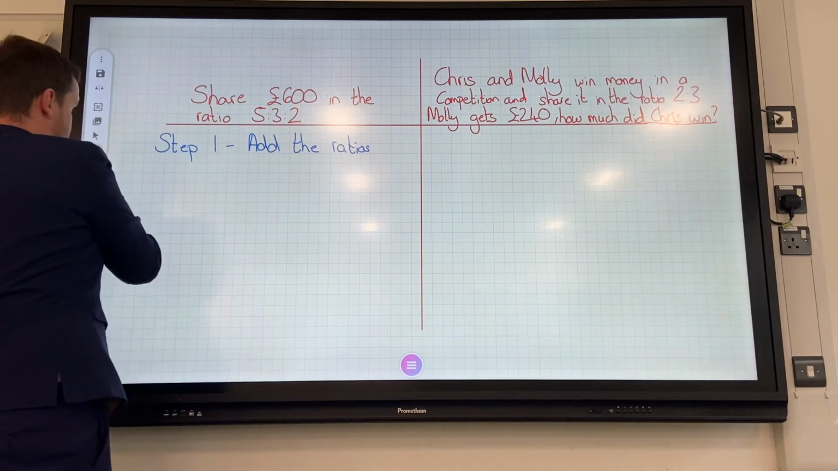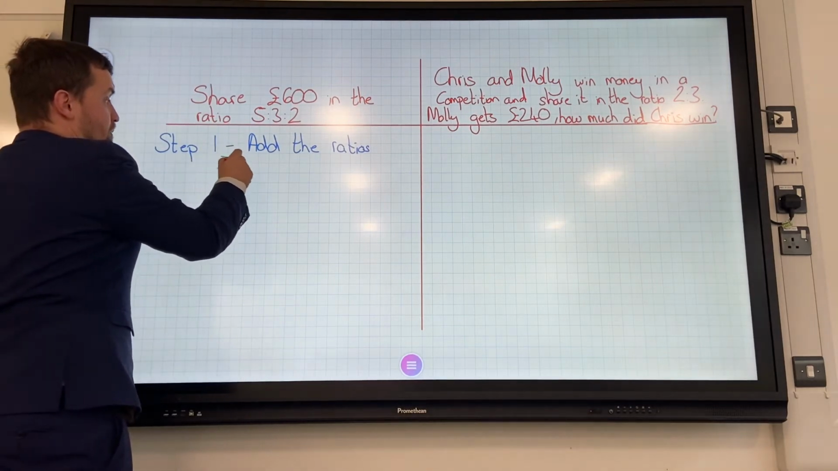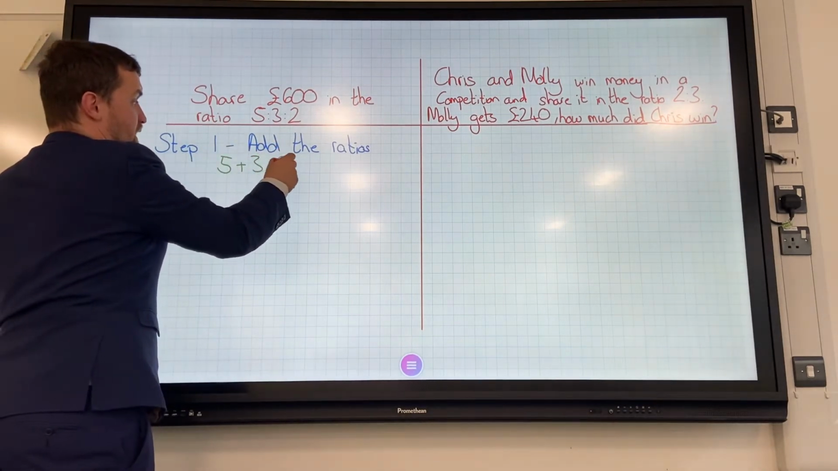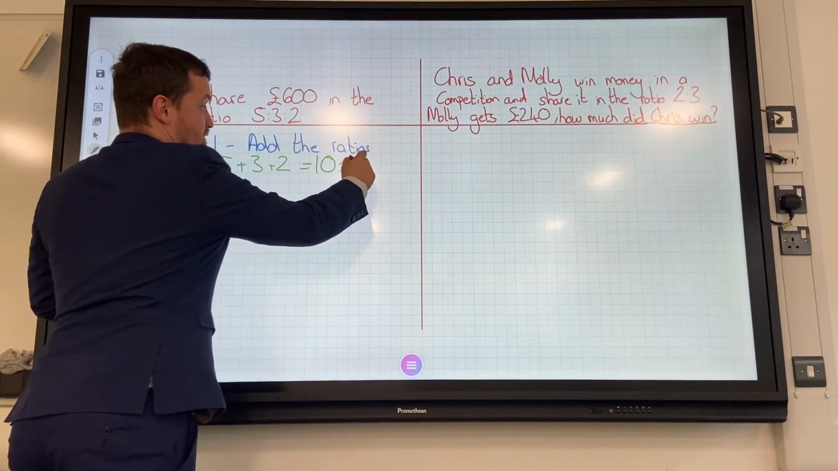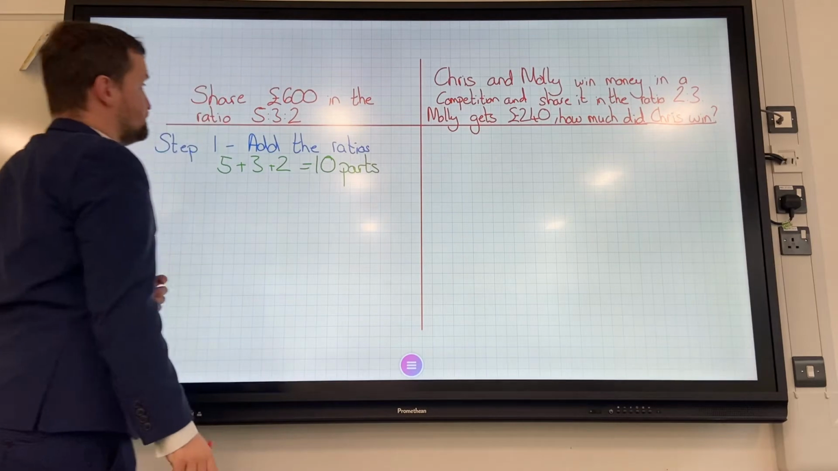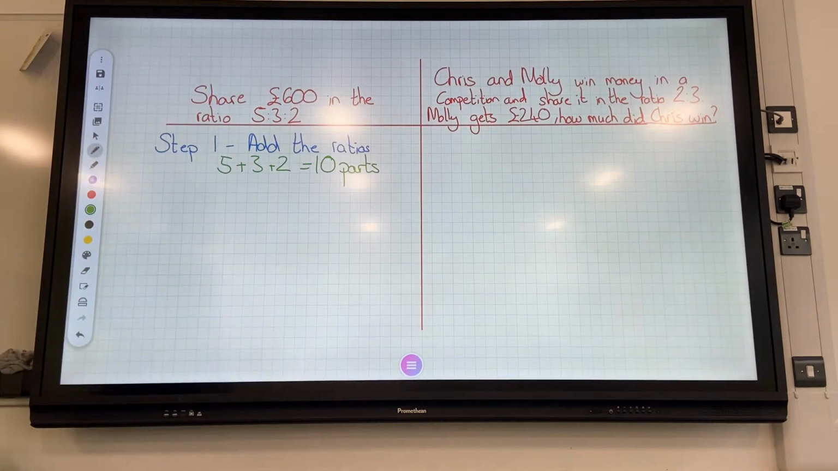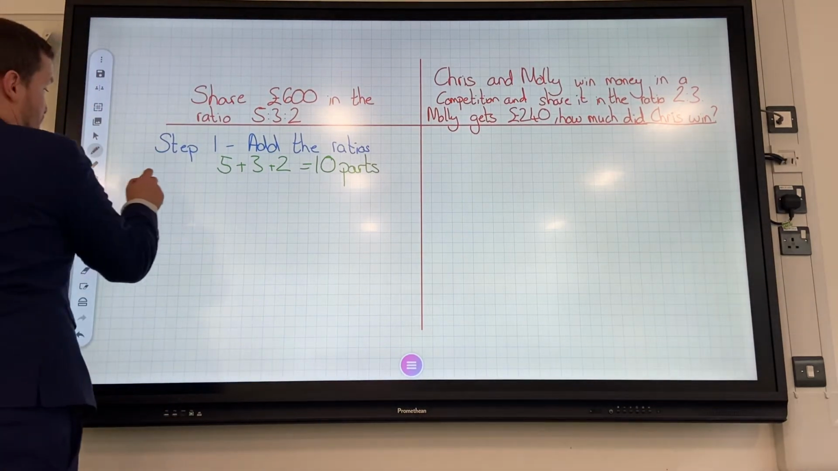Okay, so what we're going to do is 5 plus 3 plus 2, which is 10. So there's 10 parts in this question. When they're sharing it out, they're going to share it out into 10 parts. Step 2 then,